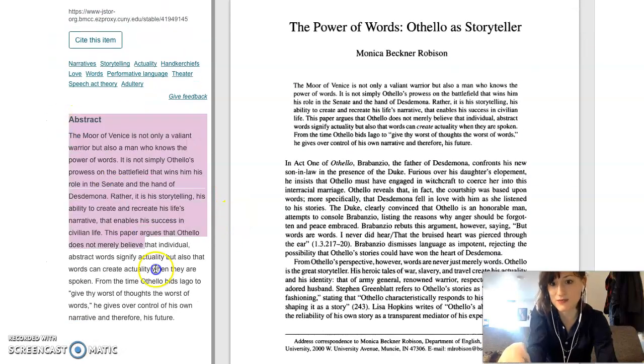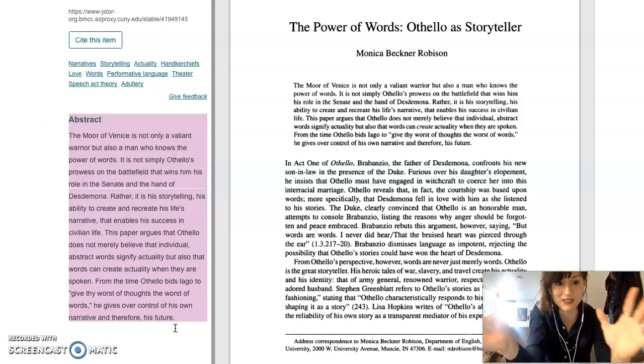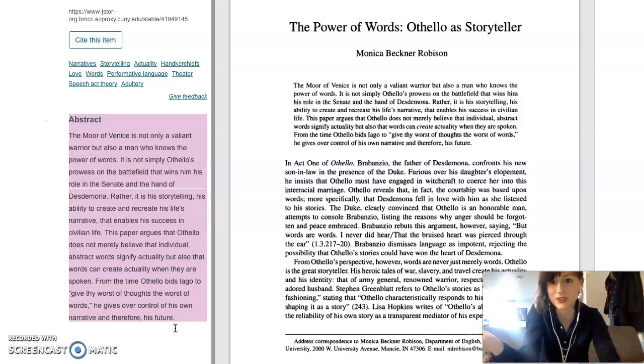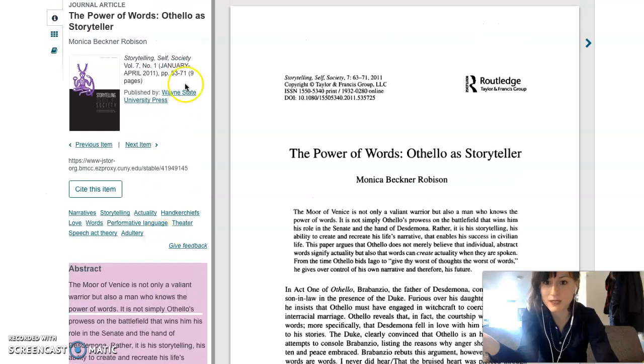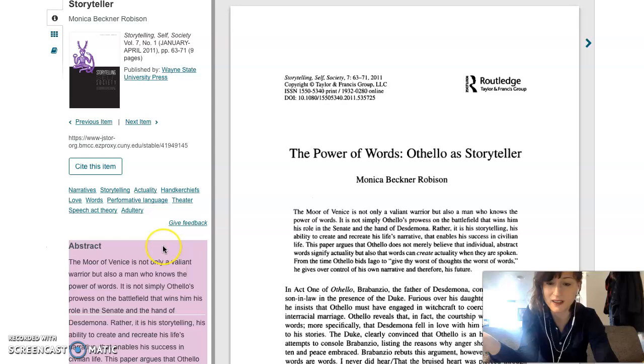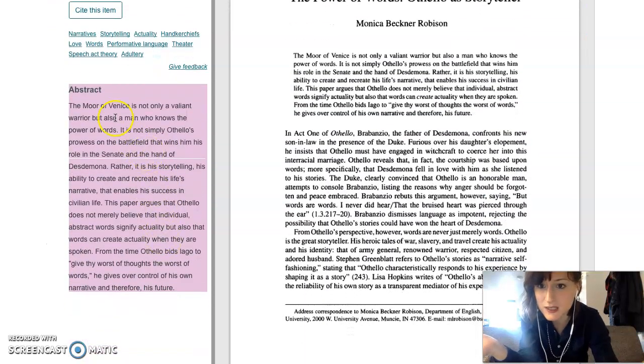So now you can read this abstract, the summary, and that'll give you a sense of the whole journal article and if it's worth your time to read through these 8 pages, which again, that's not too long for a journal article. That's pretty good. So the Moor of Venice is not only a valiant warrior, but also a man who knows the power of words. It is not simply Othello's prowess on the battlefield that wins him his role. Rather, it is his storytelling, it is his ability to create and recreate his life's narrative that enables his success